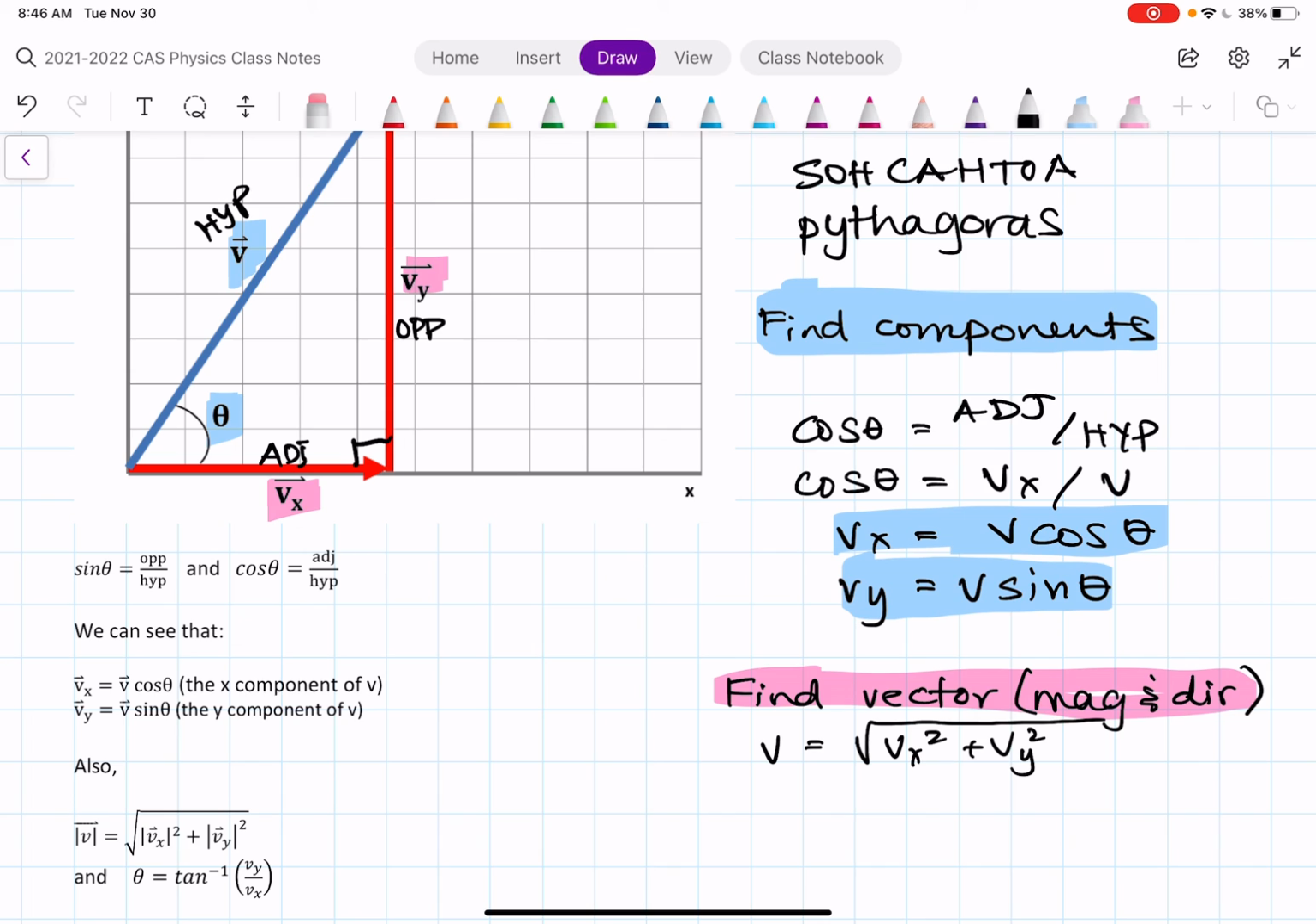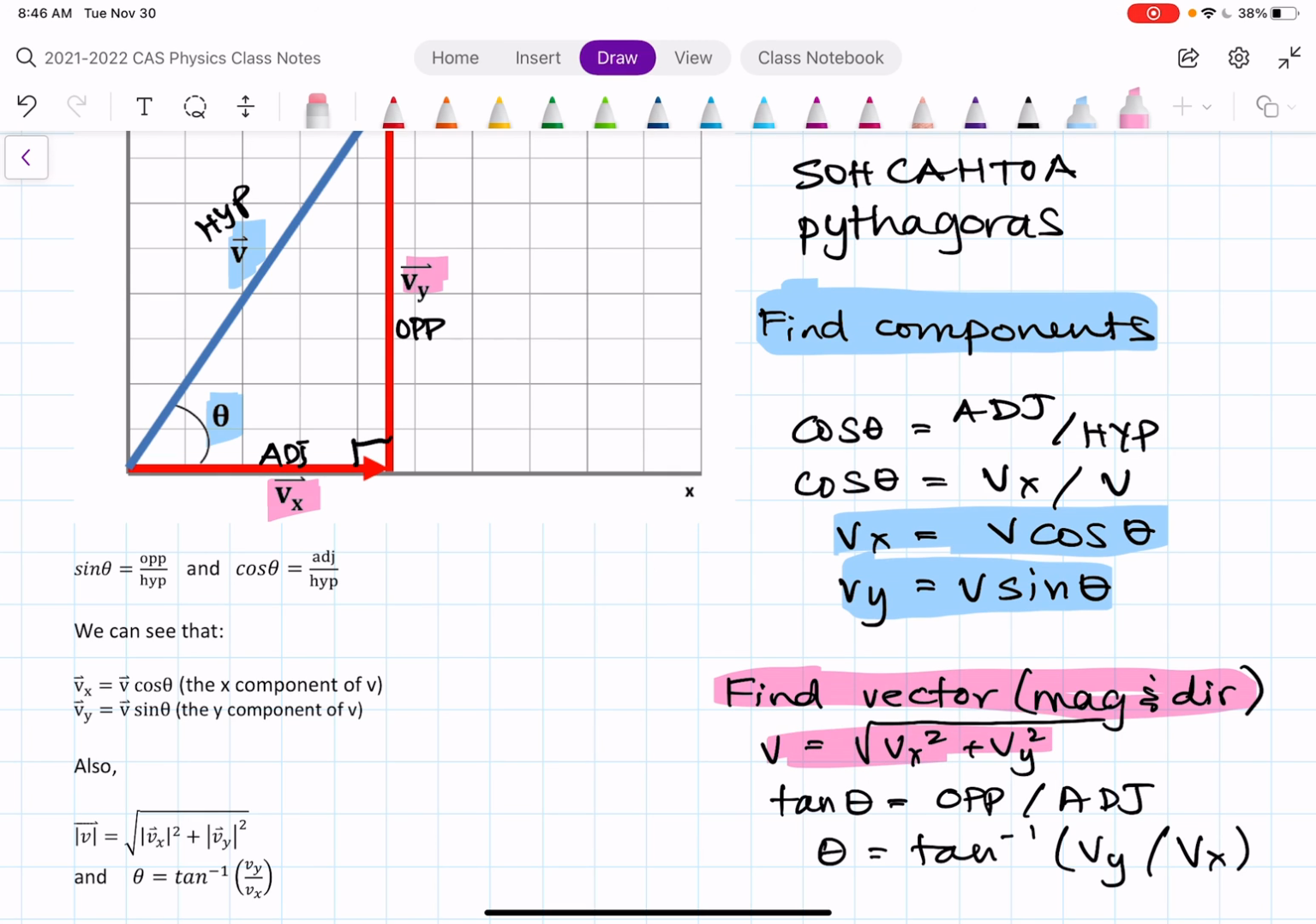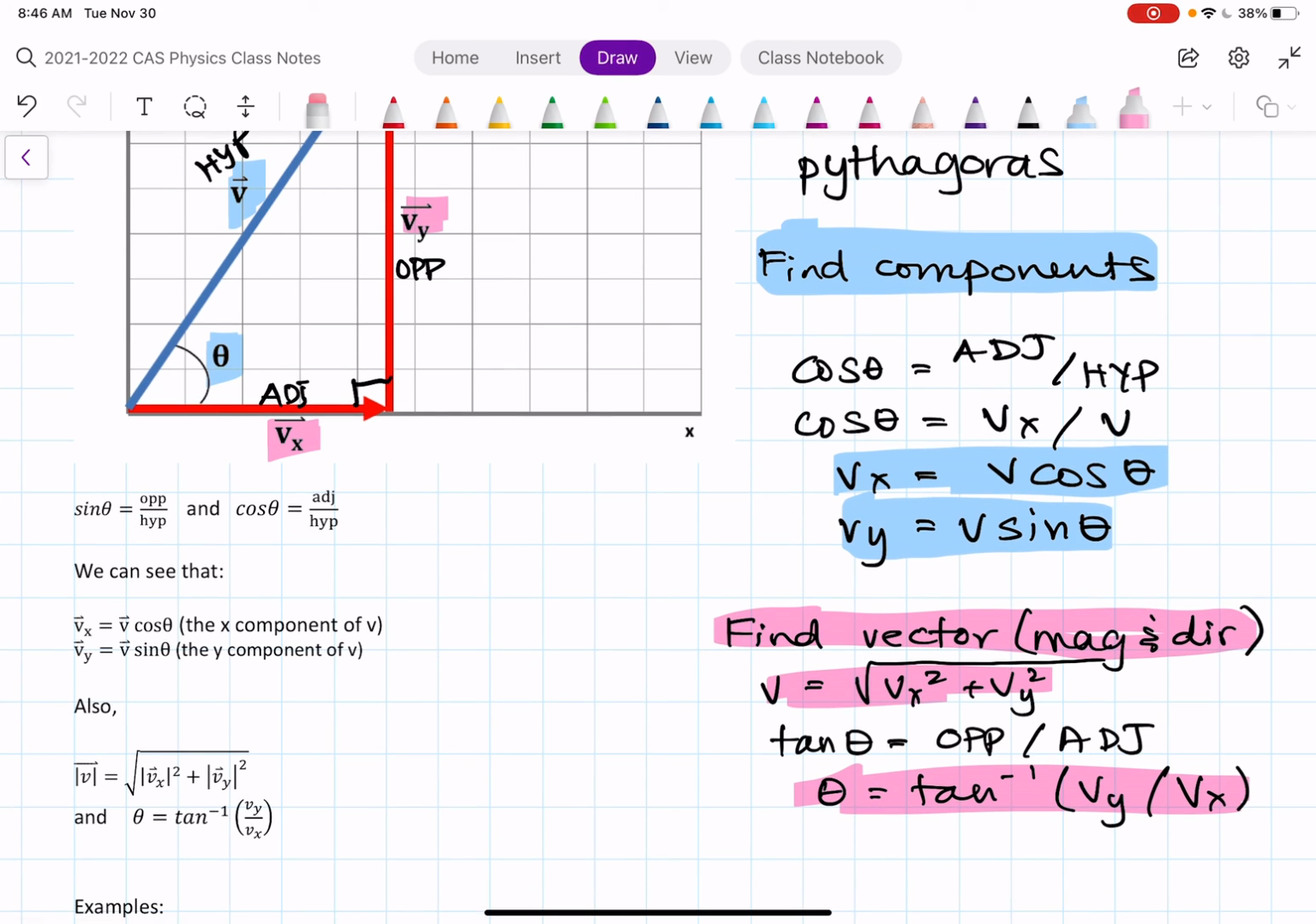And I can also use the relationship that tan theta equals opposite over adjacent. That's the TA in SOHCAHTOA. So then theta equals the tan inverse of Vy over Vx. All right, so that is how you would find those two things. These two formulas are written on the sheet, but that's how you got them, okay? I'm going to stop there and we'll do examples in a